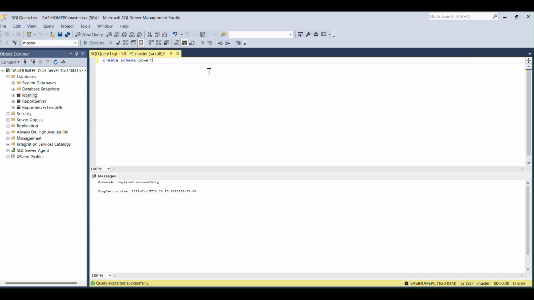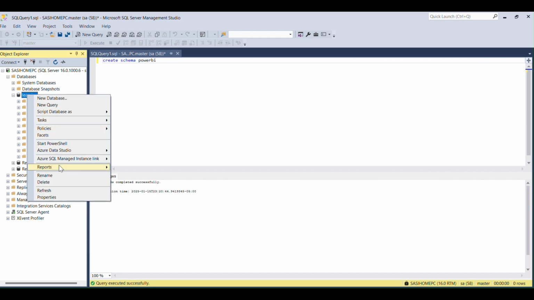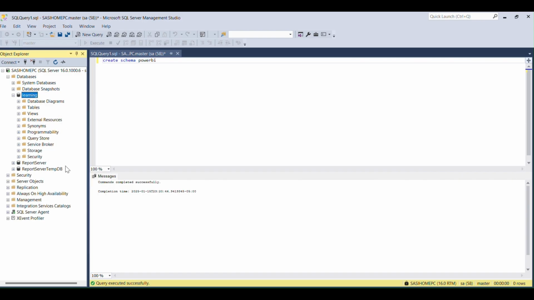Power BI. Okay, because by default it will be with a dbo database object schema, by default it will be there in SQL Server. I'm going to make it my convenient schema. So if you expand it again and right click and refresh this particular database we created just before, now under